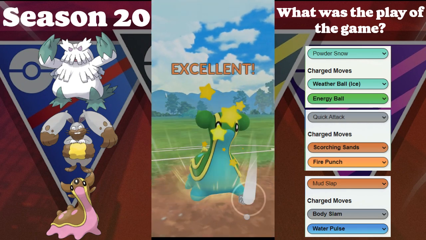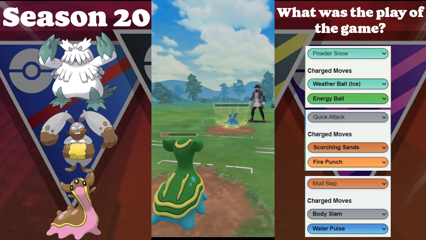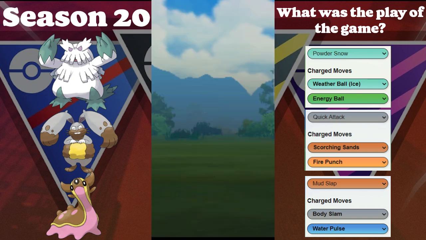We throw another Body Slam. This Body Slam here is going to grab some damage, and they go into the low red. We're going to let this go, and we're going to be able to come back in here with the Abomasnow